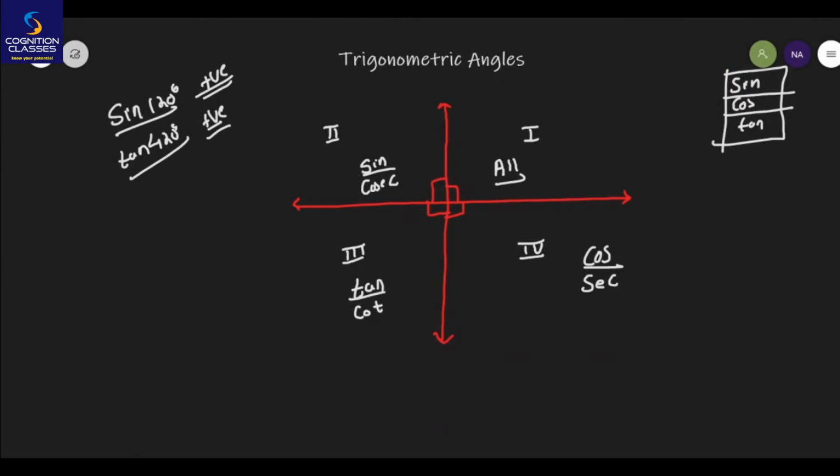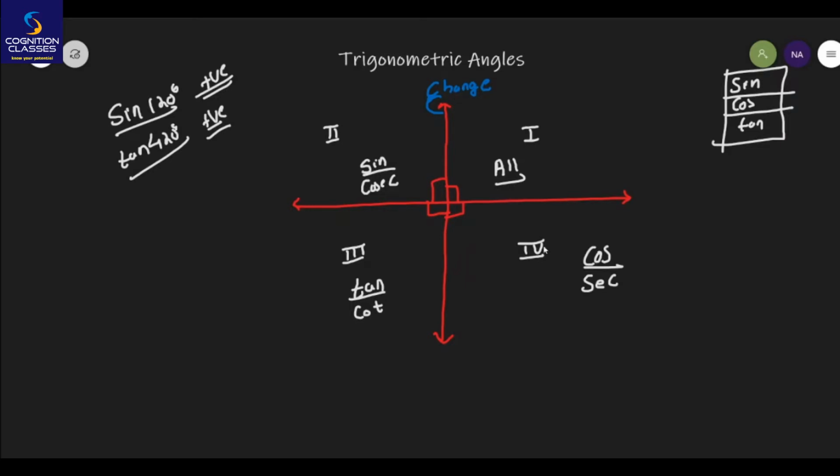Now moving to the next concept, how can we find the trigonometric ratio of various angles? Before going to various angles, I will just say that the vertical axis is the axis of change. Axis of change is not a technical term. This is just my way to explain it to you.